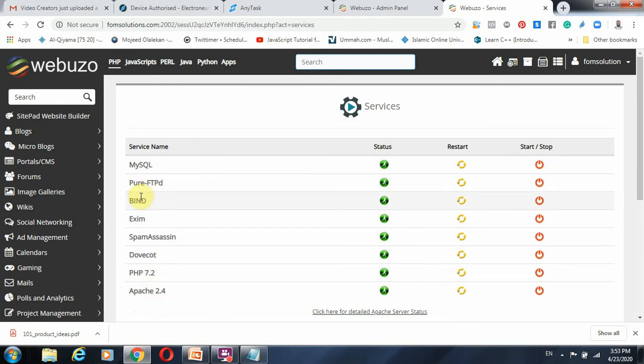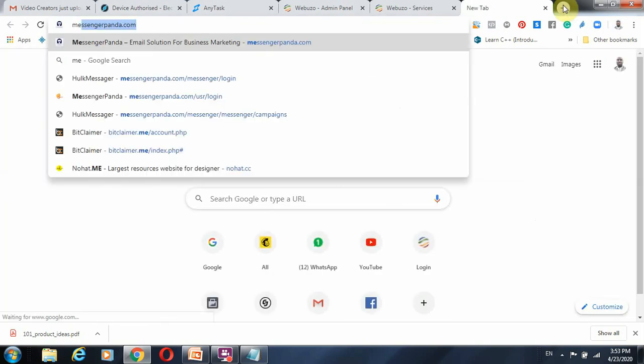All other ones are basically for FTP, Bind, SMTP, SpamAssassin, and Dovecot, which are for email applications. If you want to install a self-hosted email solution, I will recommend one, that is Mailer Panda.